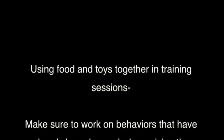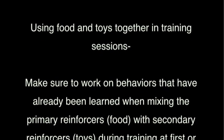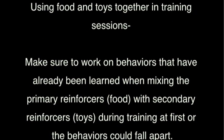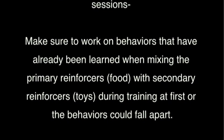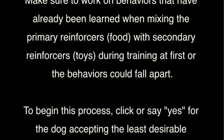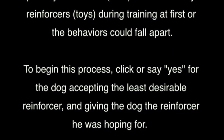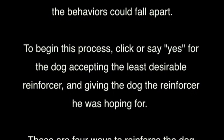Using food and toys together in training sessions. Make sure to work on behaviors that have already been learned when mixing primary reinforcers, food, with secondary reinforcers, toys, during training at first, or the behaviors could fall apart. To begin this process, click or say yes for the dog accepting the least desirable reinforcer